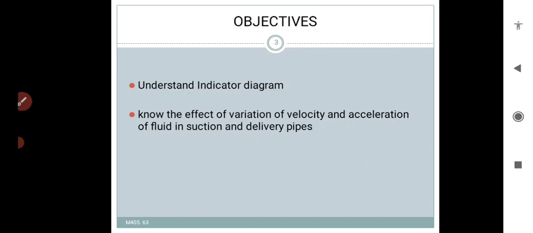In the last class, and in this class also, we are going to understand the indicator diagram,